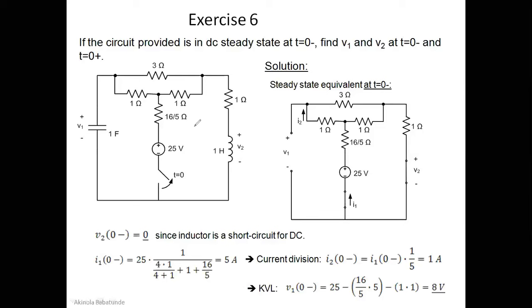Okay. So now if you short this, have a short circuit instead of the inductor here and an open circuit instead of the capacitor here, how do we deal with this particular circuit? You will see that there is a voltage source here which is 25 volts. There's current I1 flowing through